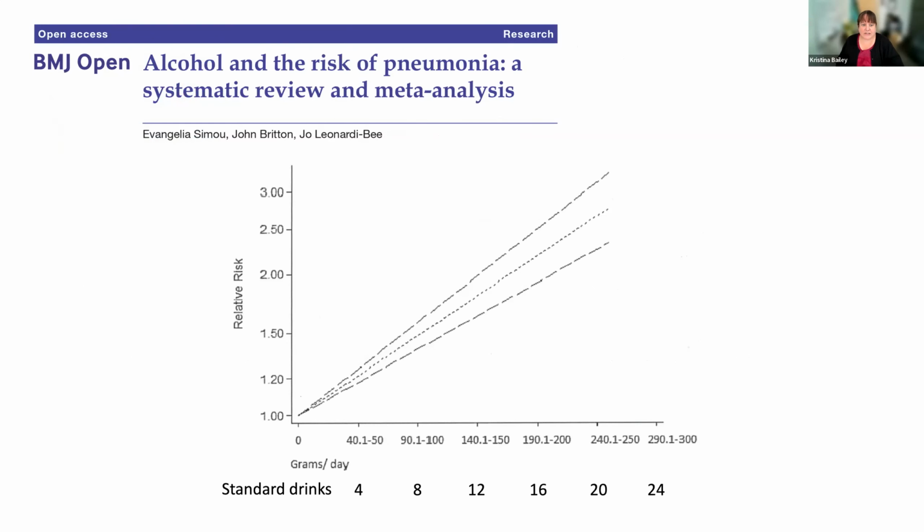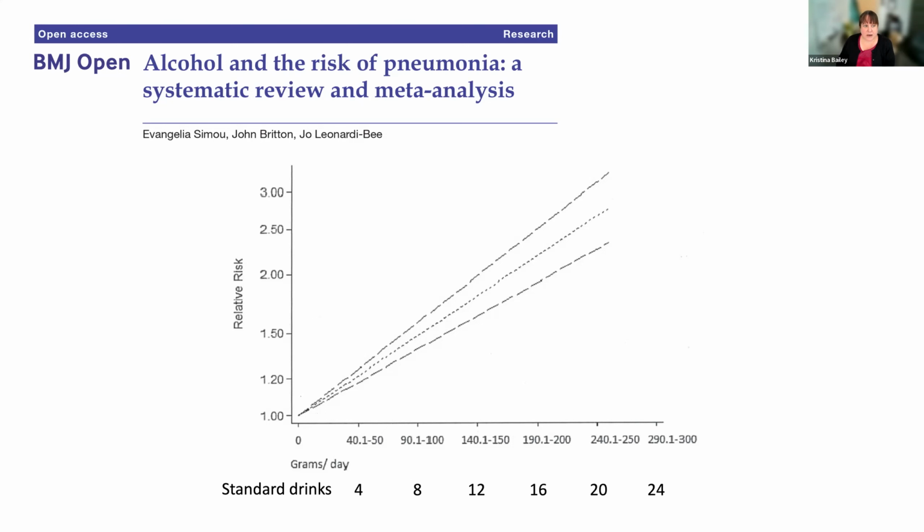And when we look at bacterial pneumonia, there's a dose response curve for your relative risk of developing pneumonia based on how much you drink. So this chart shows alcohol intake in grams per day. I don't think many of us think about alcohol use in grams per day, so I've converted this to standard drinks per day. And so this side of the curve is 4 standard drinks all the way up to 24. And you can see that there's a linear relationship to your risk of developing pneumonia